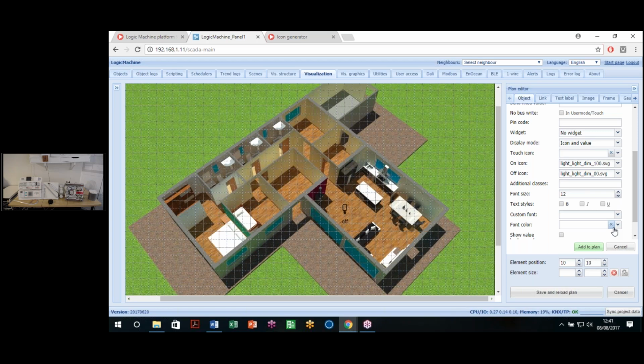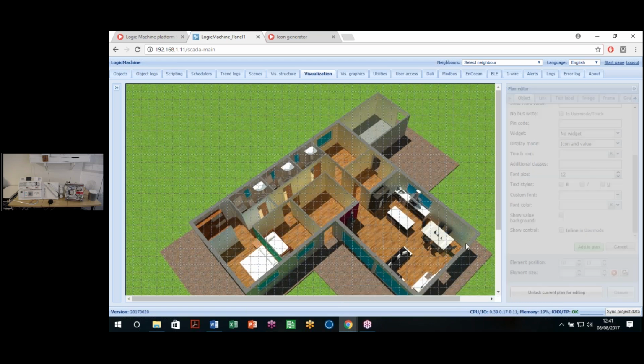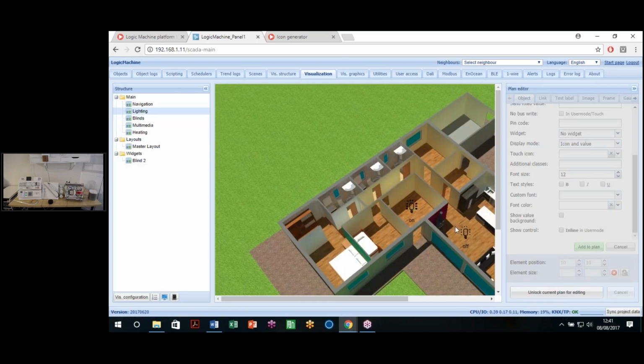We change also the custom font, add to plan. Here it is. So we put it in here, for example, apply and save, and then we have a second control. Very quickly, the customization of